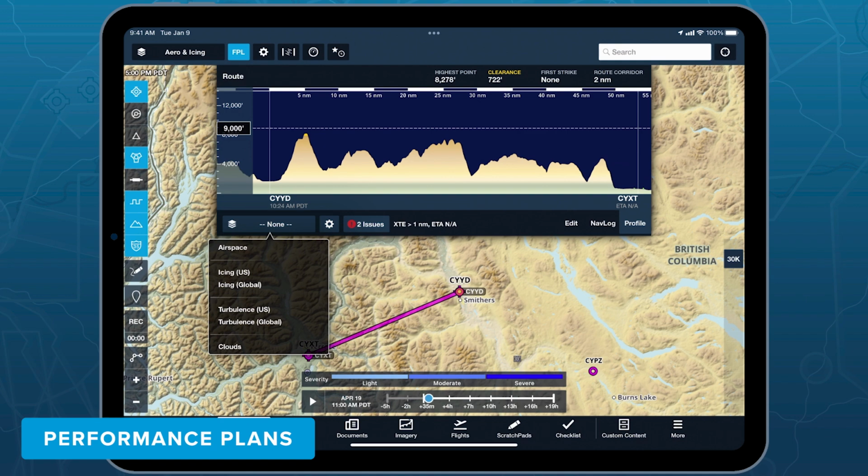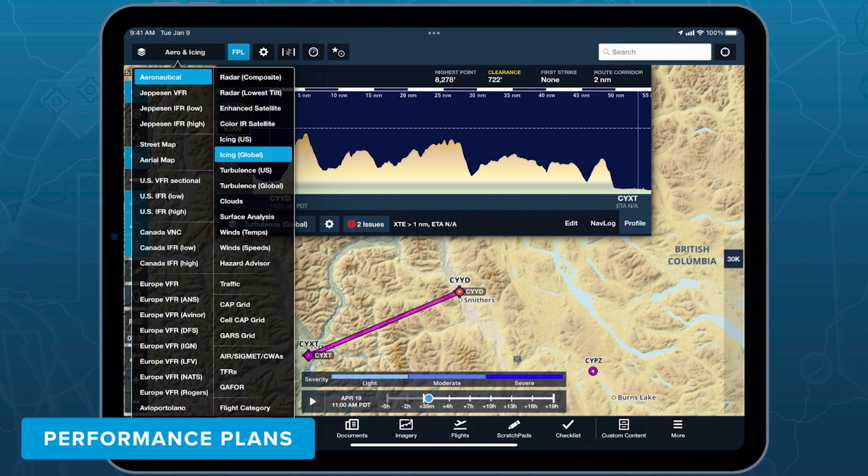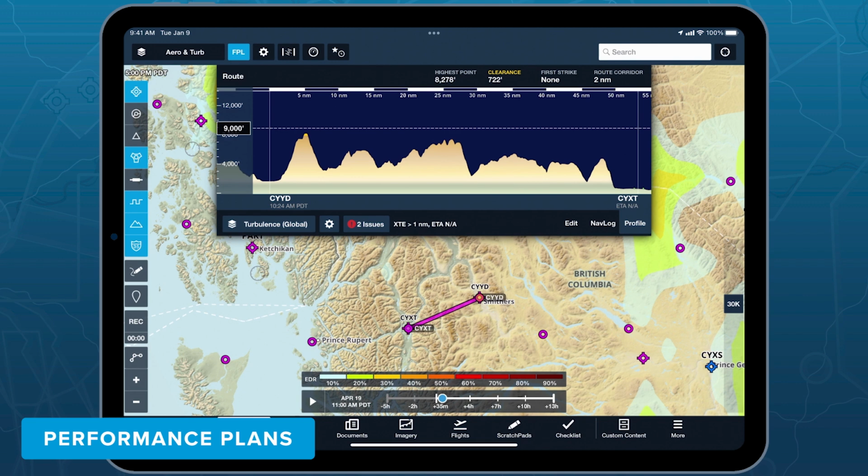Another layer I'm going to select is the turbulence layer. We might not have any turbulence, so that may be why we're not seeing that. I can also compare with the map. So I select the same layer on the maps page and select turbulence global. Again, that's a great way to bring up the legend. And if I zoom out, also when you're selected on the map, there's a slider on the right side to select the altitude. So if I want to select something lower down here,